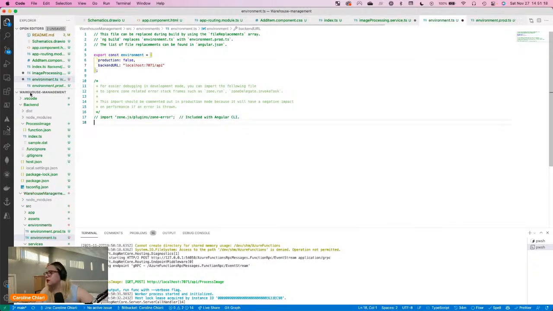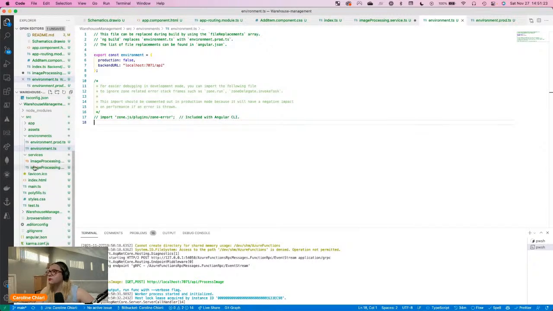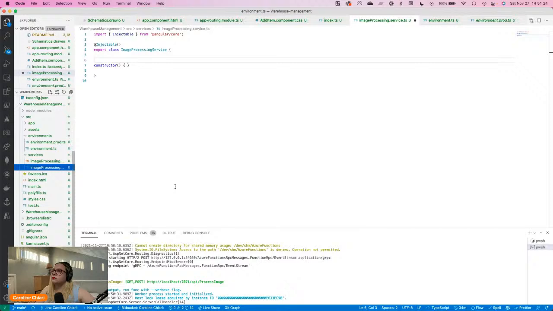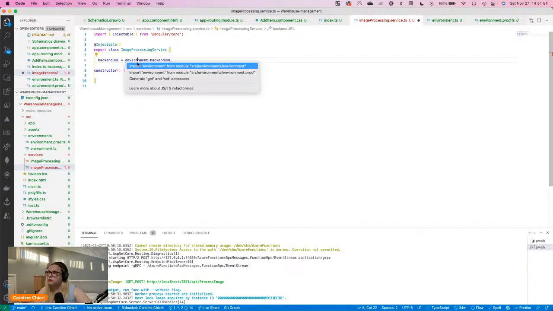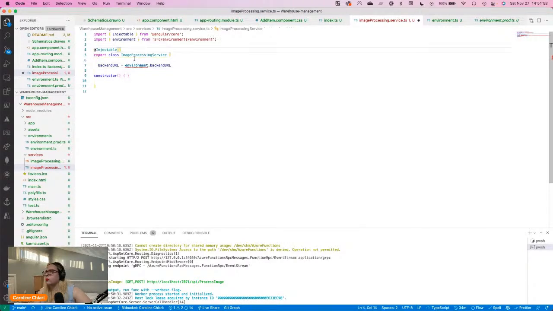All right, cool. So let's go back to our service. Backend URL equals env dot backend URL. And now actually environment. What happened here? All right, cool. Environment. There you go. All right, now